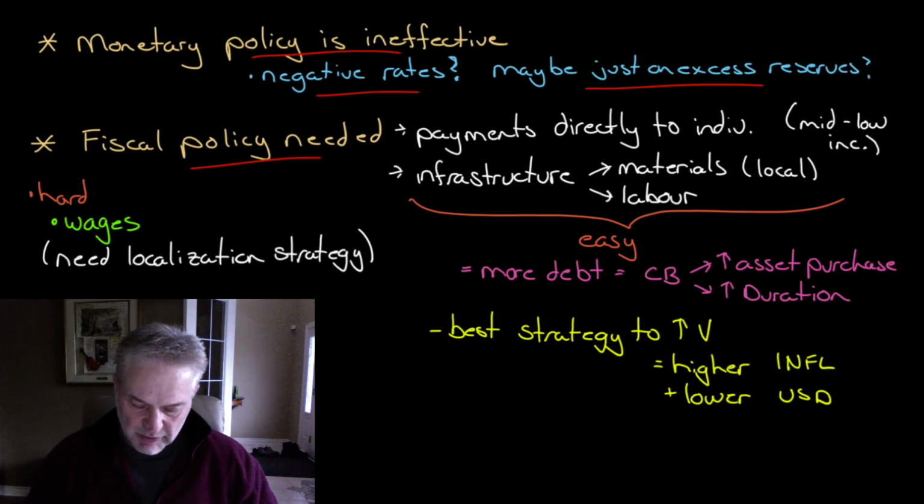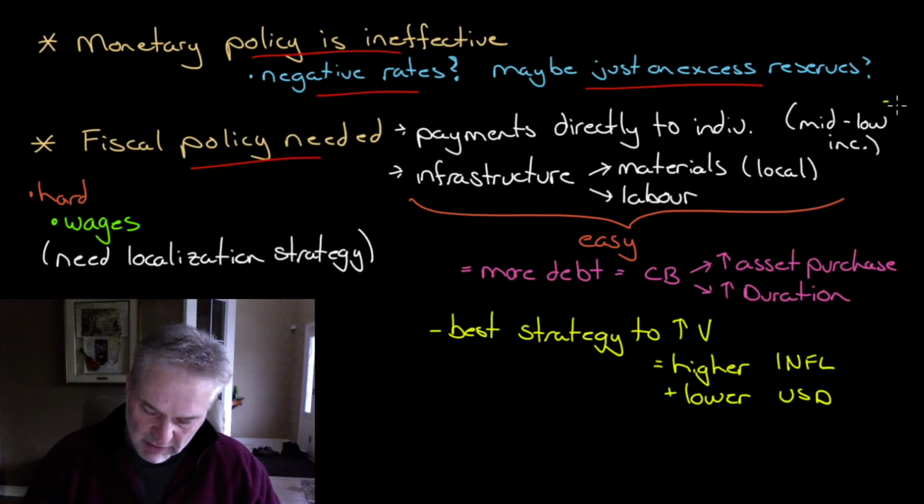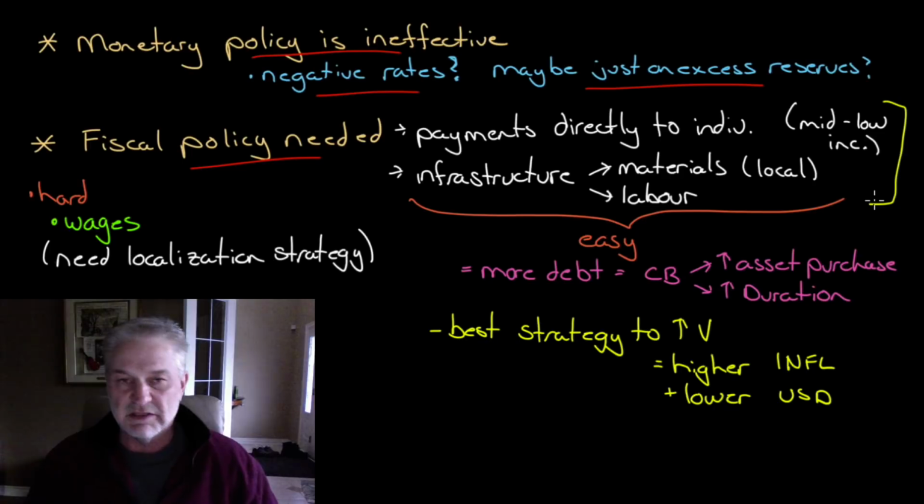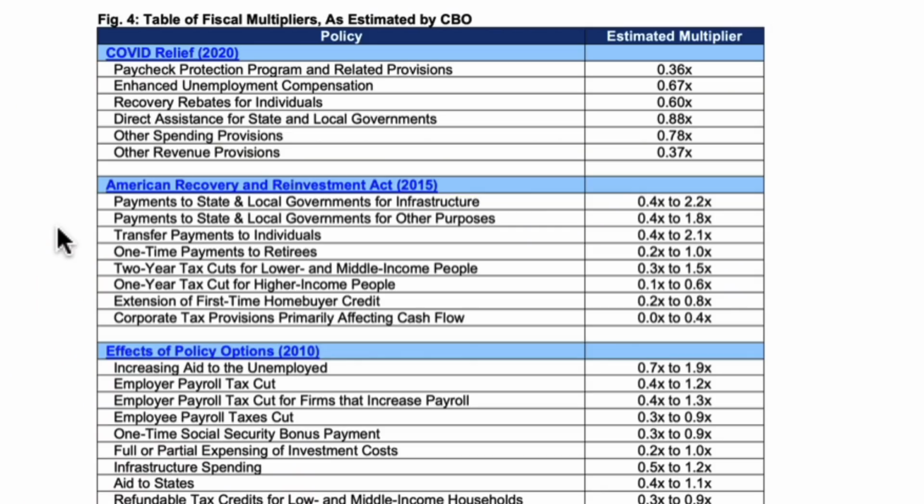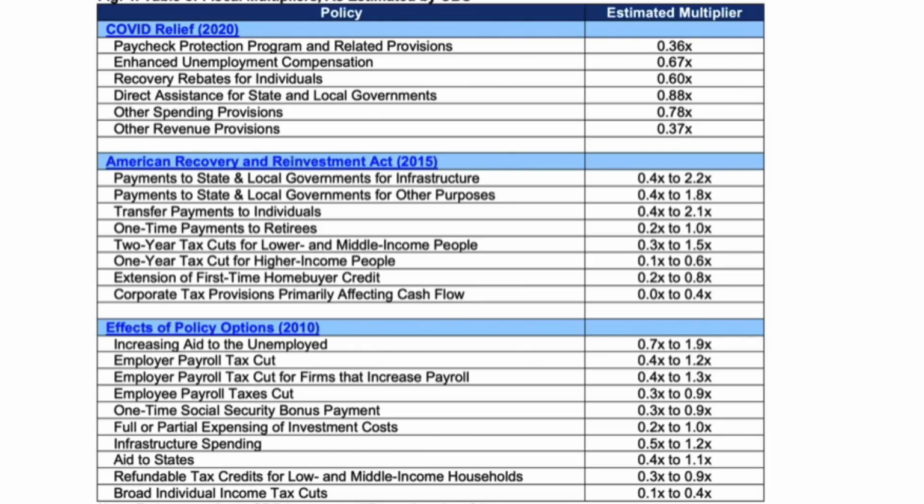But before we jump into this, I want to show you fiscal multipliers first, because if you're wondering how did you get to these particular policies, I want to show you what the Congressional Budget Office has published in terms of the fiscal multiplier. These are important because if we want to have some effect on the real economy, we want to make sure that if we spend $1, we're going to get at least $1 back in the real economy,